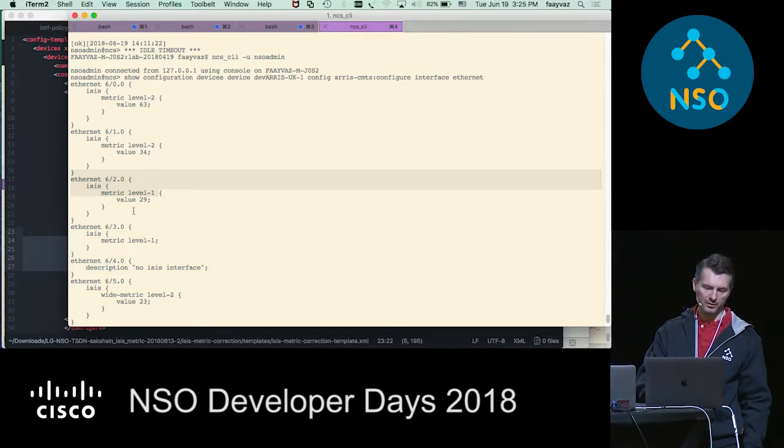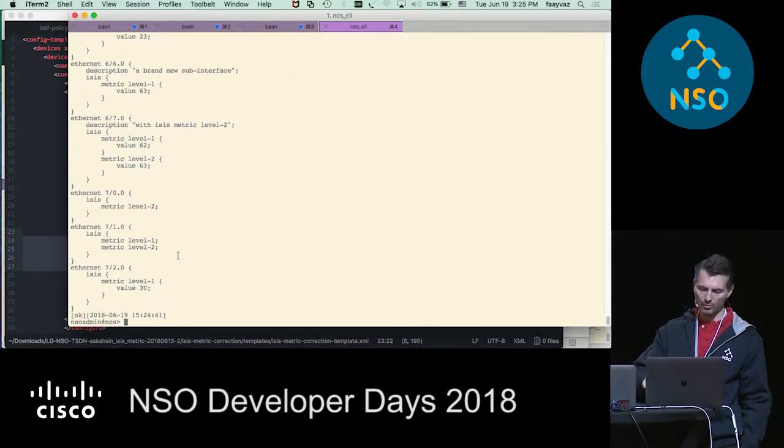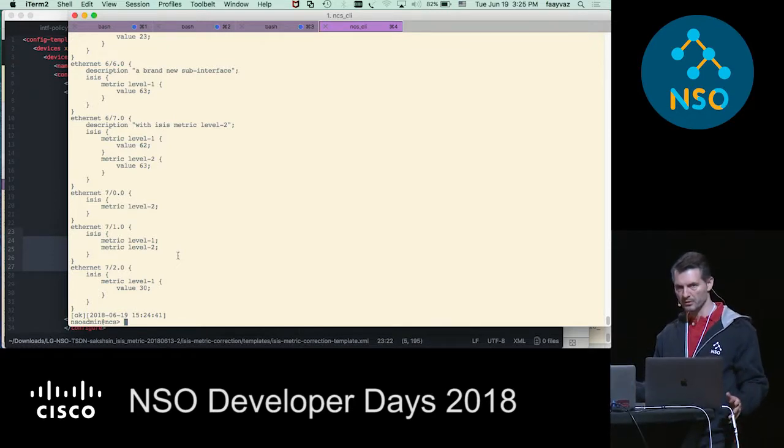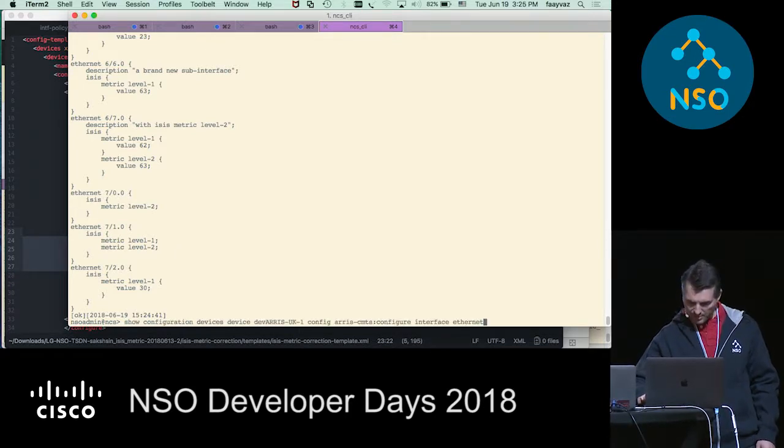So this is one candidate interface to be corrected. This will not be touched. 30 will be touched, yes, because it has ISIS metric level 1 and it has none value. So we will go all the way through this, and this is implemented in an NSO action. I'm not using an NSO service. This is an NSO action. So let's run this